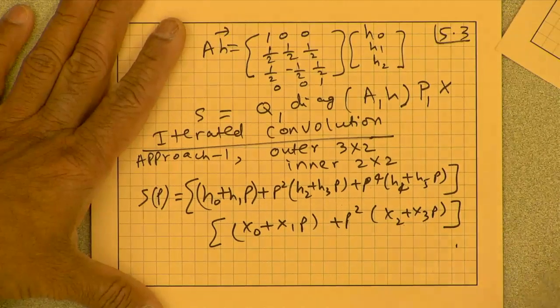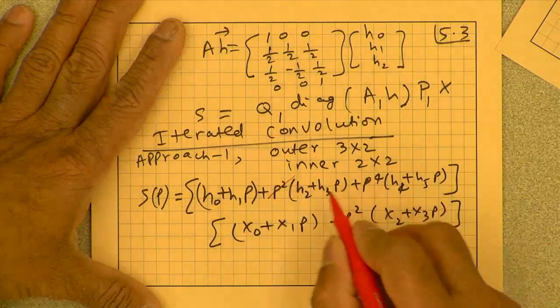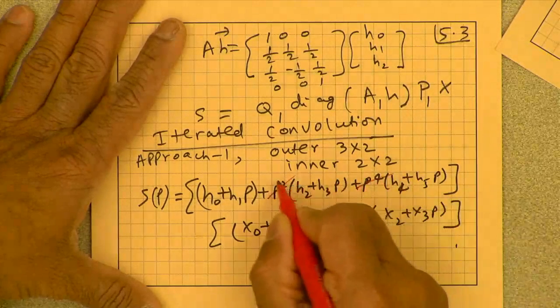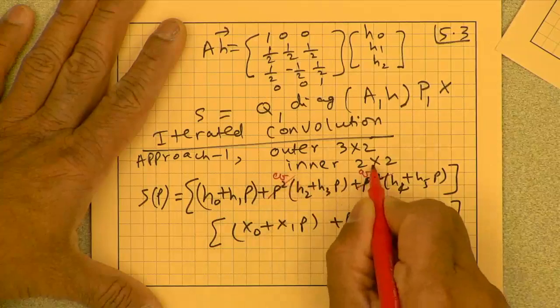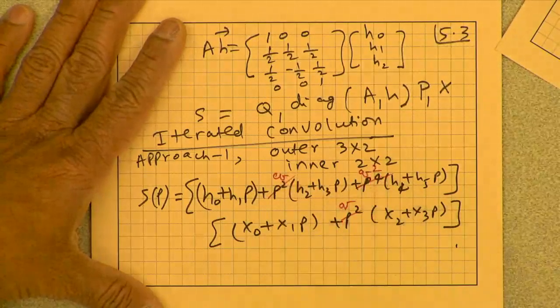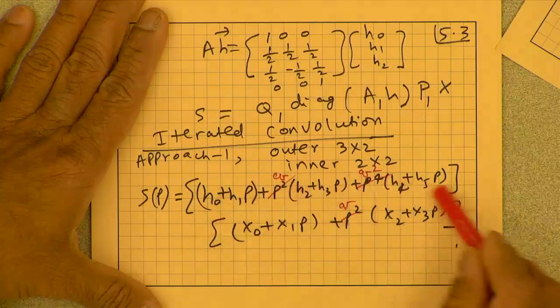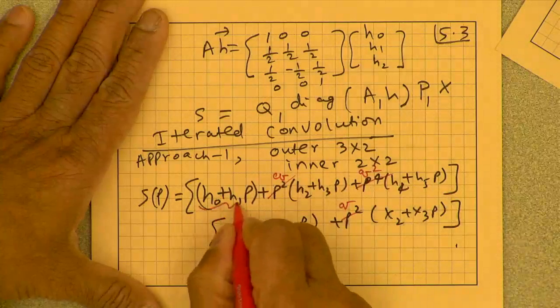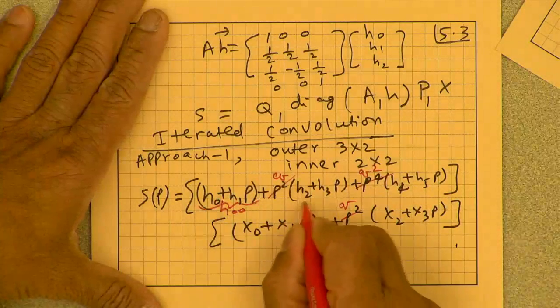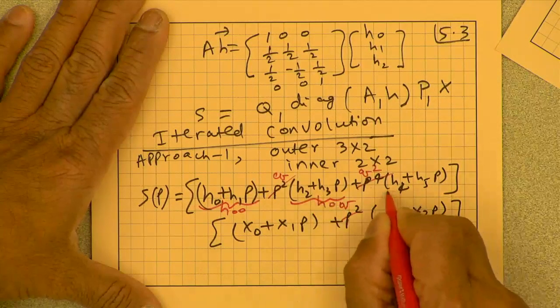Now think about the outer ones as polynomials in Q. So now we have an outer polynomial. Think about this as our H00, H01, H02,